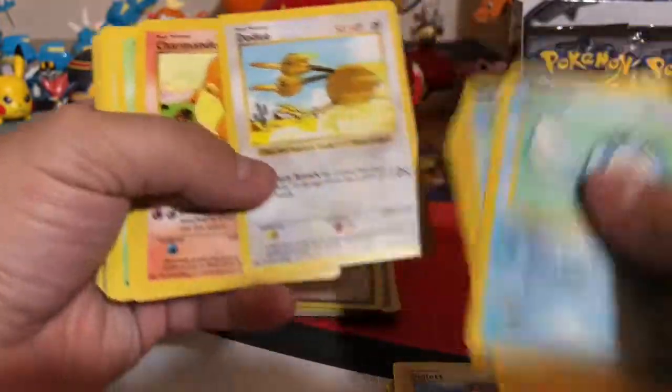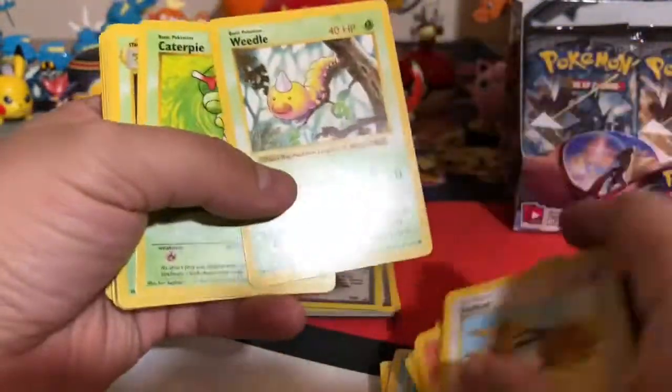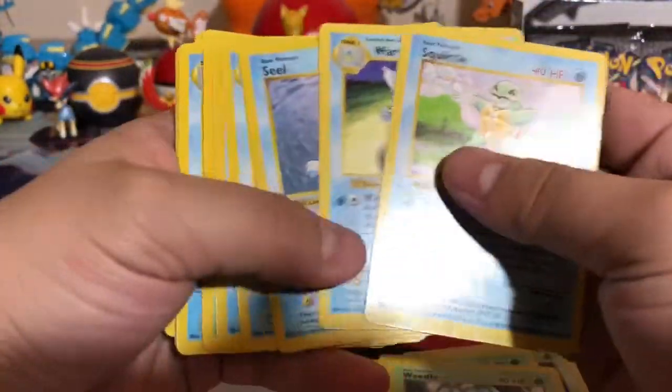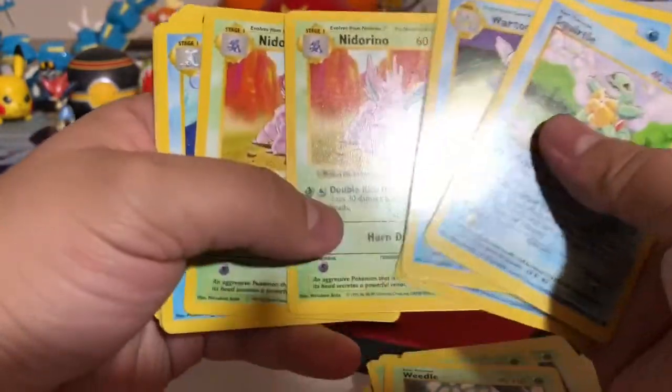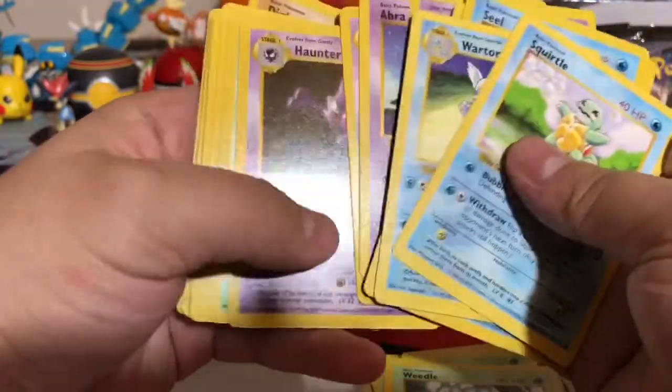Poliwag, Charmander, Dugtrio, Charmeleon, Tangela, Weedle. Lots of Weedles. Weedles were very common. Metapod, Squirtle, Wartortle, Seel, Starmie, Staryu, Nidorino, Dugtrio, Abra, good old Kadabra,